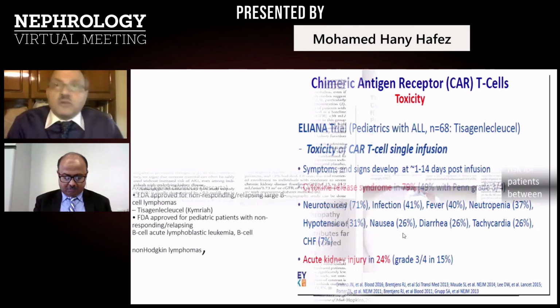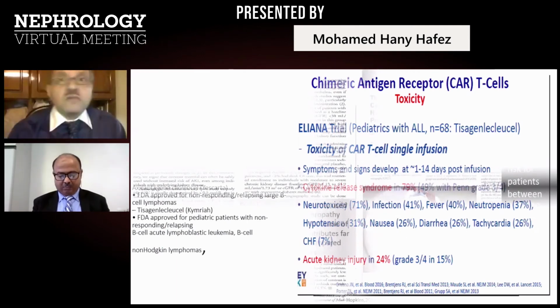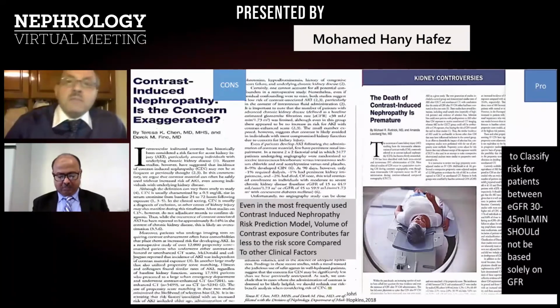What about the contrast? Professor Hussein last time mentioned in detail the contrast-induced nephropathy, but I will just mention that, of course, in our developing countries, we are performing many investigations, including CT scans, including all the investigations involving contrast. And there are nowadays some people who are saying that contrast-induced nephropathy is not a big concern, in spite of others saying that no, it is important, especially if the GFR is between 30 and 45 milliliters per minute.